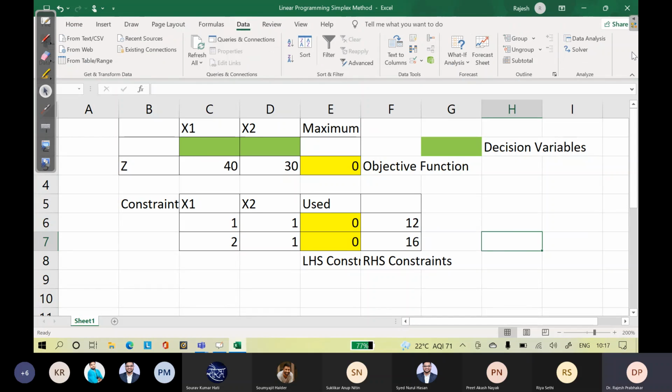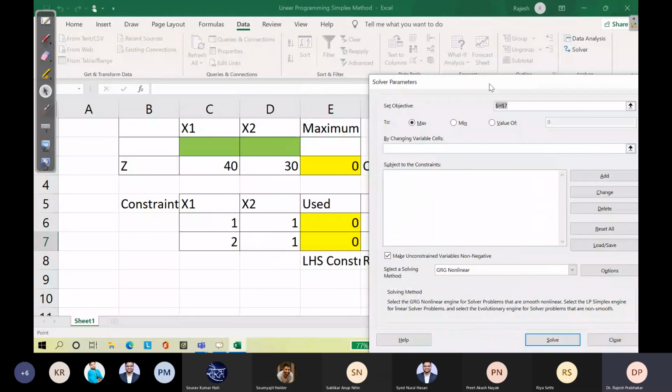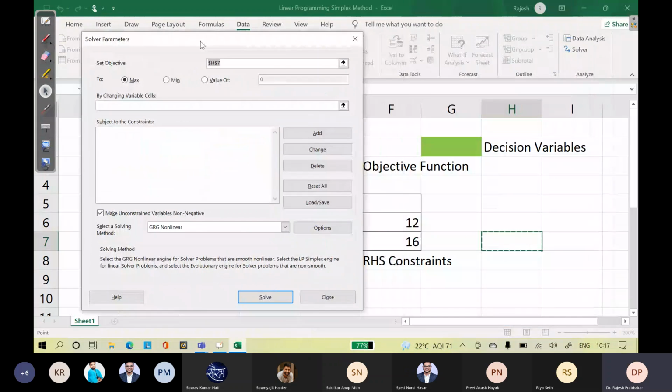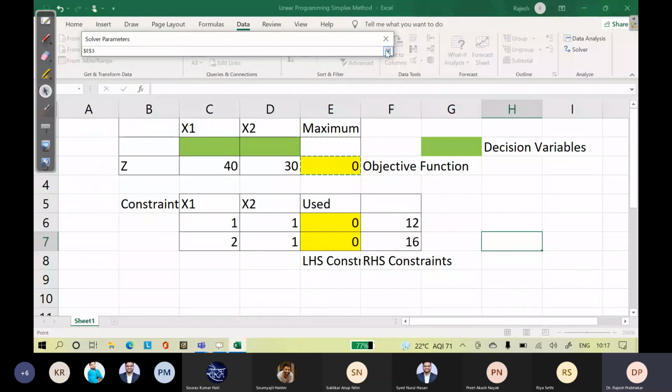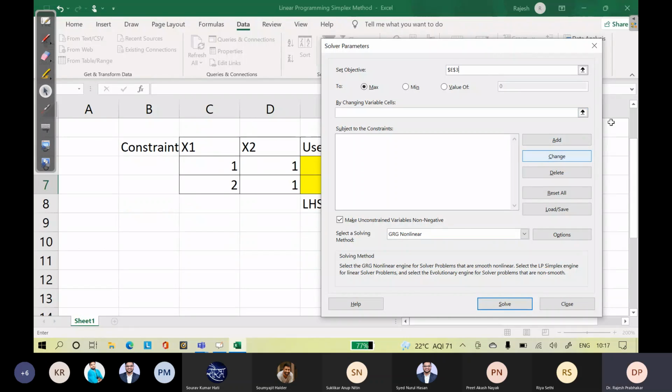Now, all of you go to the data tab. You see solver. Data tab and solver. So the objective cell is this. This is our objective cell. Sir, I don't have solver in my data tab.